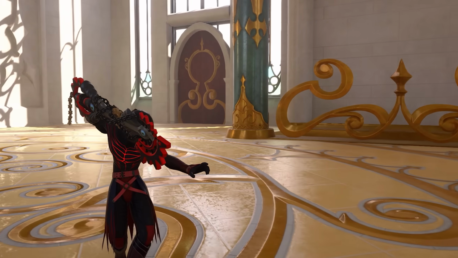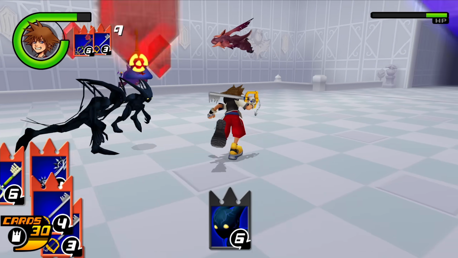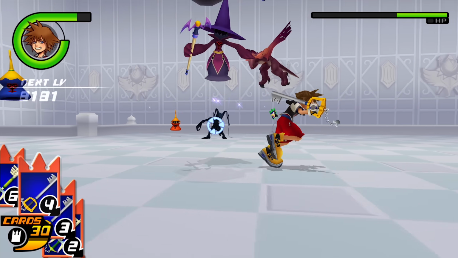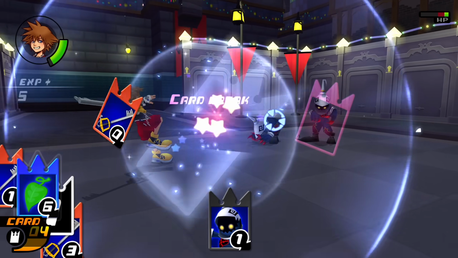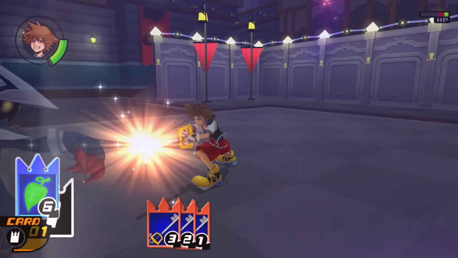I think a lot of us were expecting to actually go into Castle Oblivion and explore the multiple different floors with Aqua as a party member to inevitably reach Ven. This would have been a really cool way to restore the memories that Sora gained throughout his experience of Kingdom Hearts' Chain of Memories. Well,